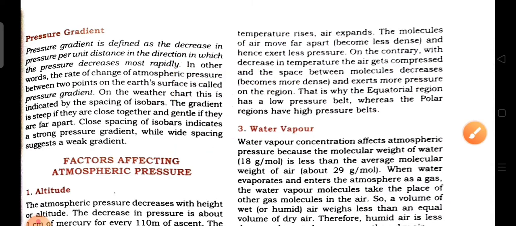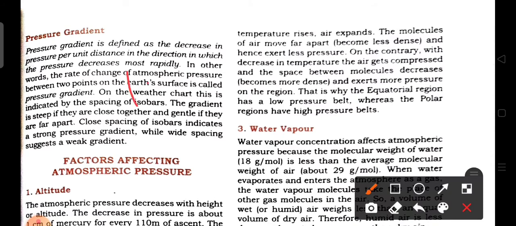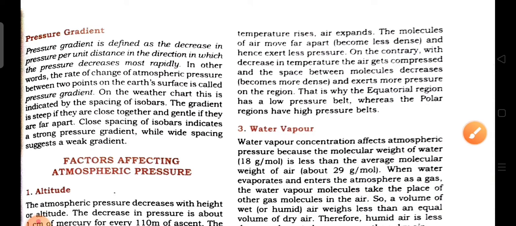So here the temperature rises and the air expands, and the molecules of the air move apart, which becomes less dense. As we know, if the air becomes less dense, the air pressure also decreases and hence exerts